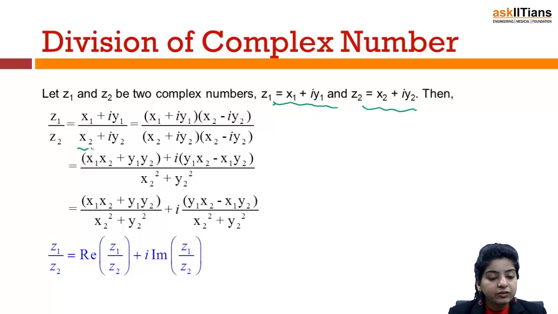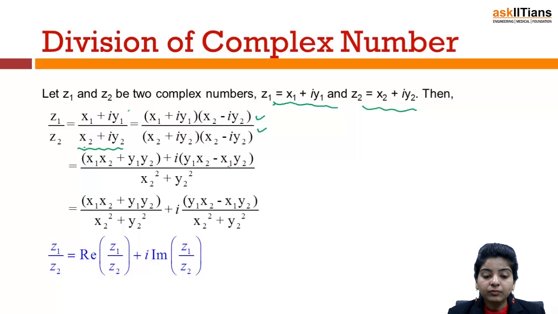Now what we'll do is we'll multiply this numerator as well as denominator by x2 minus iota y2. So this is how we simplify complex numbers. So I multiply both numerator and denominator by x2 minus iota y2. So what do I get? x1 x2 plus y1 y2, because we'll get minus iota square y1 y2. Iota square is minus 1, so we have plus y1 y2, plus iota times y1 x2 minus x1 y2